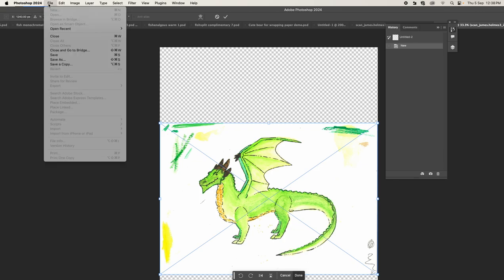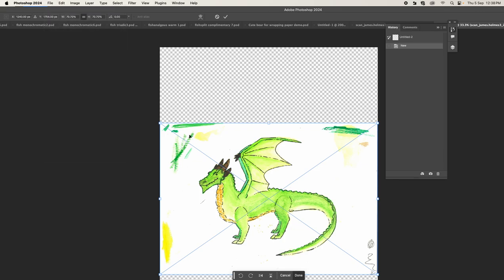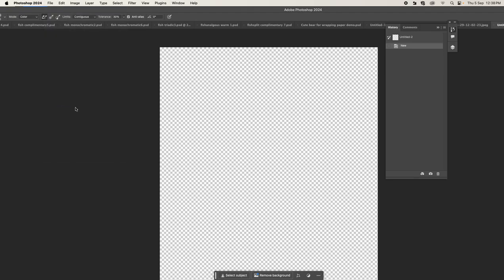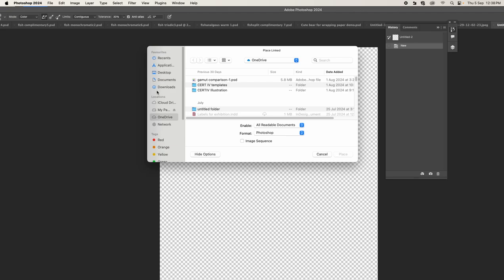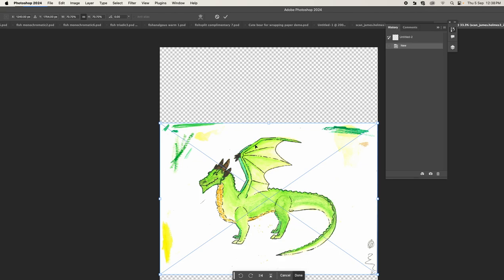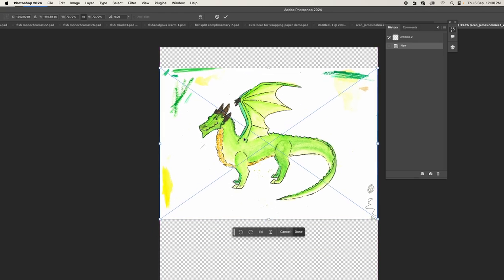If you're placing it, it's going to look similar. So File, Place Linked, or just drag it in. Either's going to work. If you've got two on a page, does that matter? No, just put it in there. We'll worry about that later. Once you've got it in there,